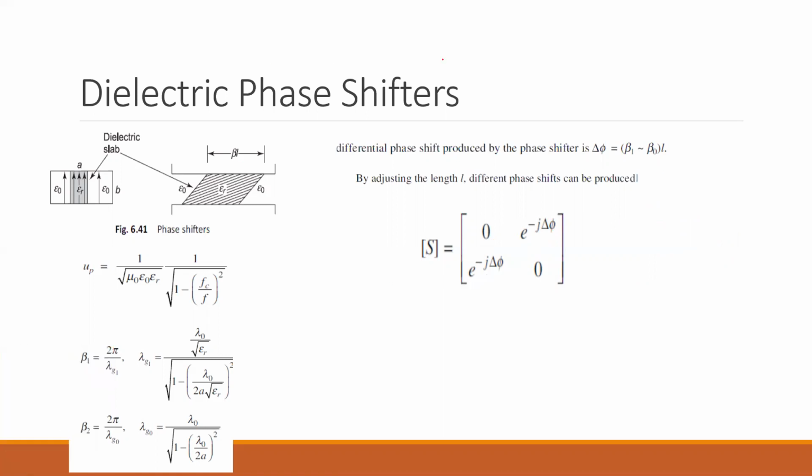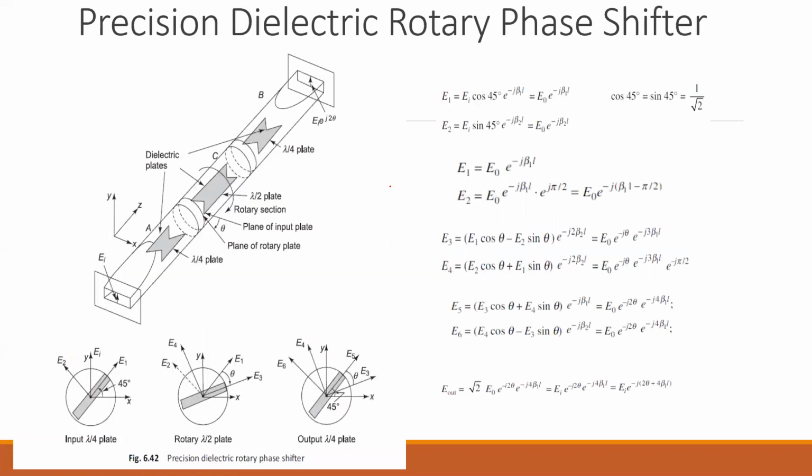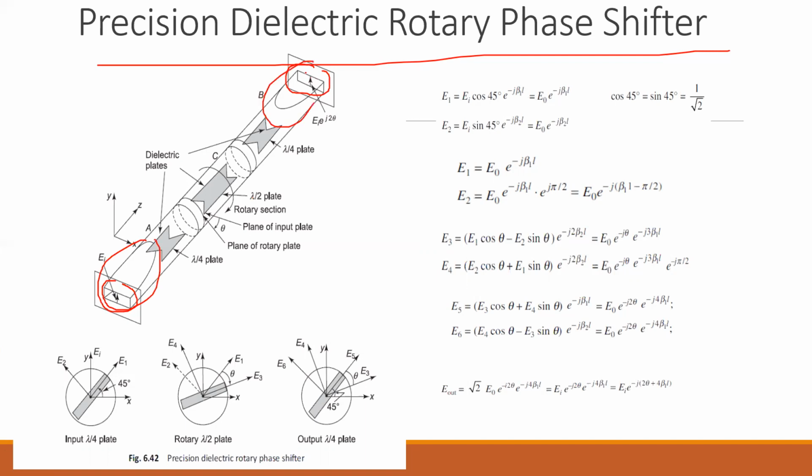So in this, you are making use of the dielectric material. Now, what about the next one, that is the precision dielectric rotary phase shifter? As you can see, in the previous case also we had seen this for the attenuator. So we can observe almost a similar kind of structure, wherein you have a rectangular section at this end, a rectangular section at the other end, a transition section displayed over here, and here you have a circular waveguide. So this can be rotated.